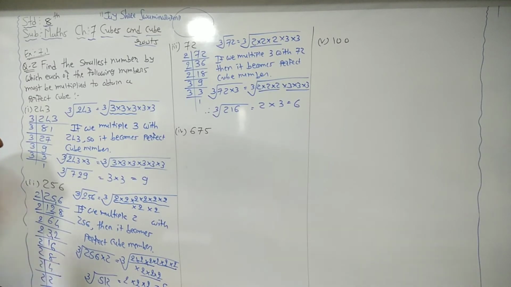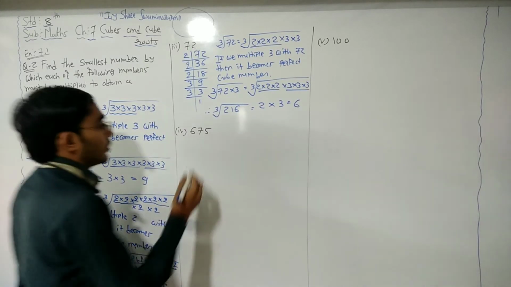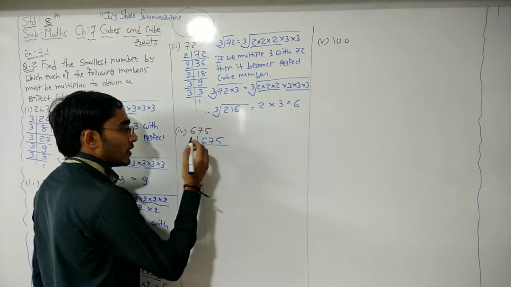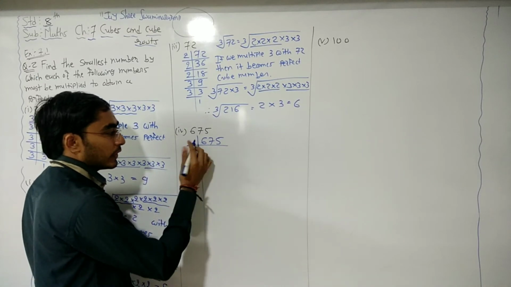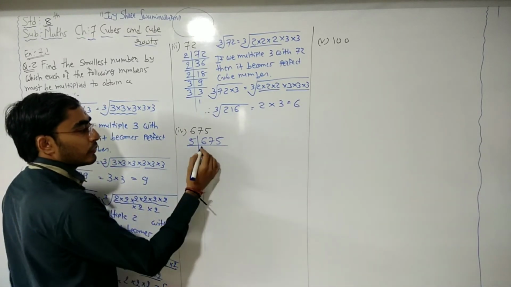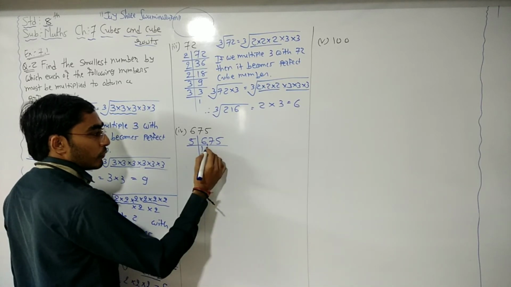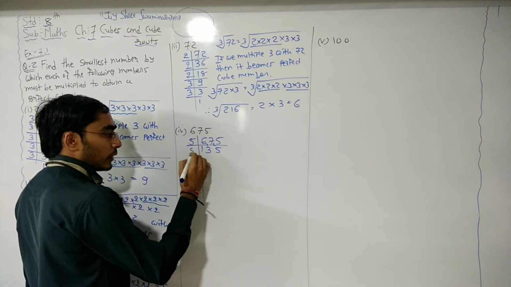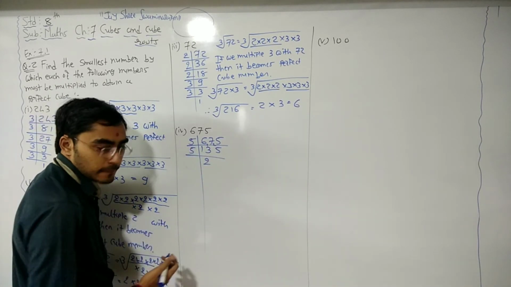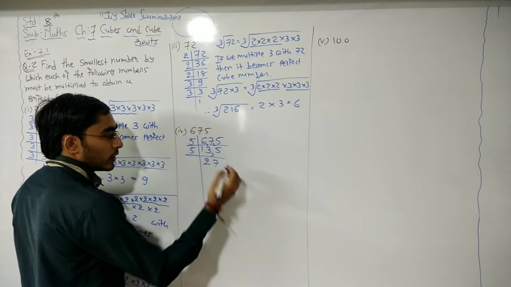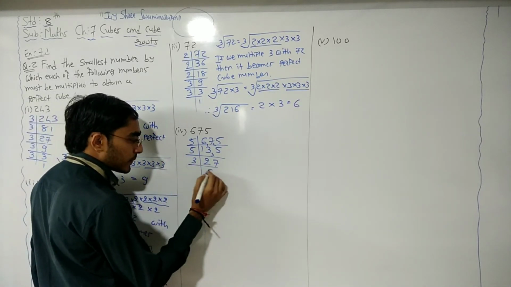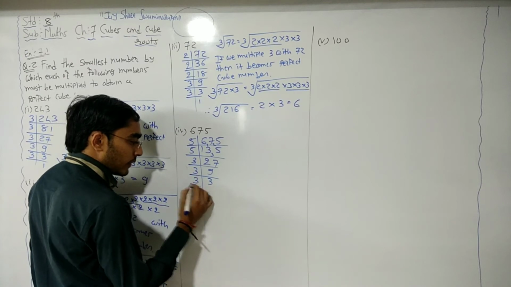After that, question number 4, 675. So here we need to use prime factorization for 675. So here we have 5 in the unit digit, so we can divide with 5, right? 5 ones are 5, 1 remainder, it becomes 70. 5 3s are 15, 2 remainder, 25, 5 5s are 25. Again we have unit digit 5, so we can take 5 here, 5 2s are 10, remainder 3, 35, 5 7s are 35. Now for 27 we know that 3 9s are, then 3 3s are 9, and finally 3 1s are 3.